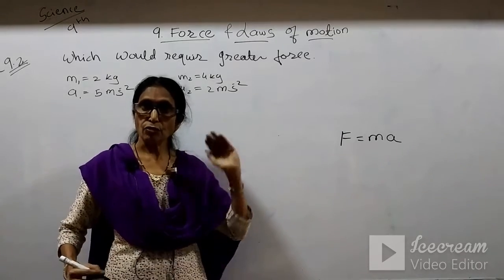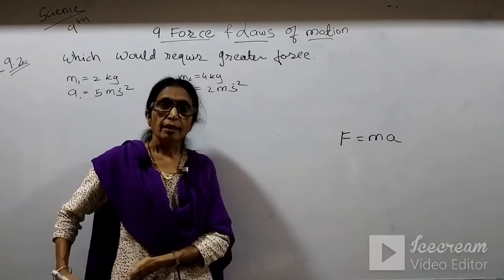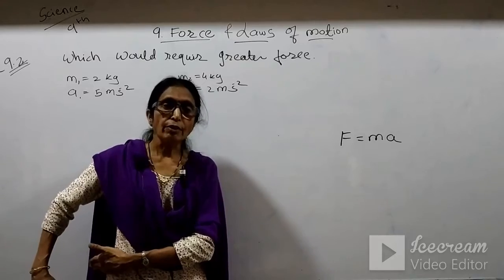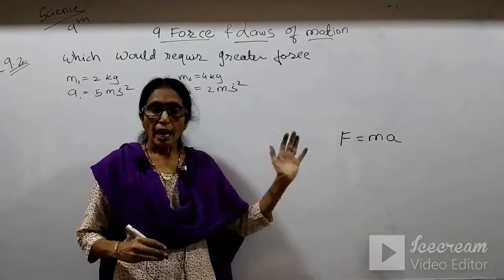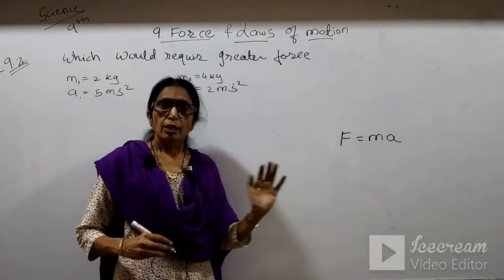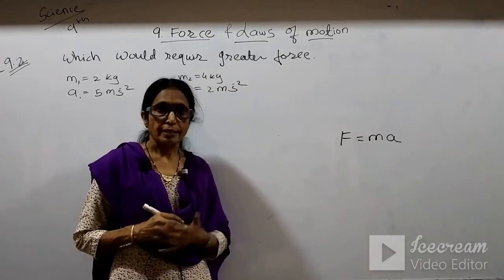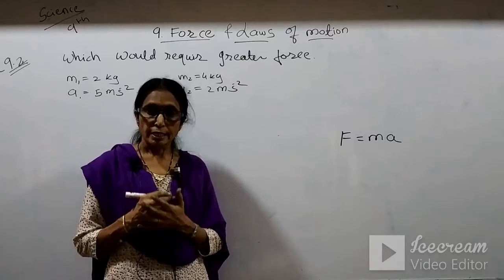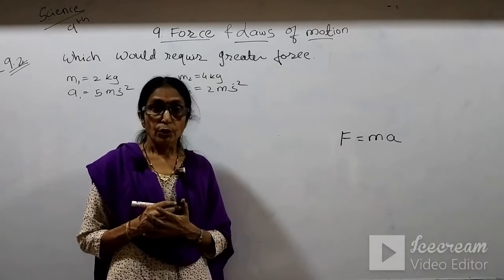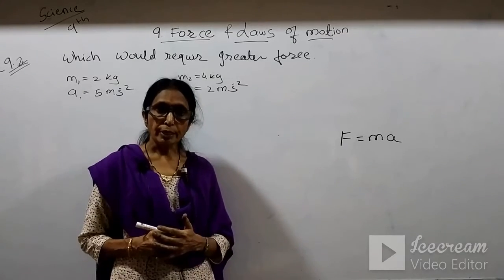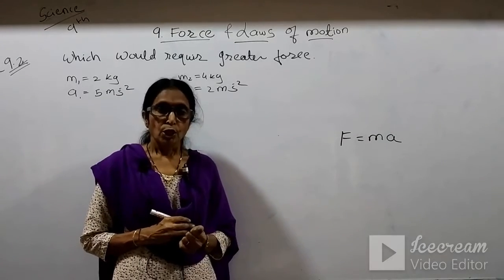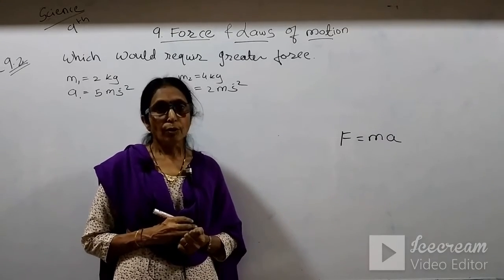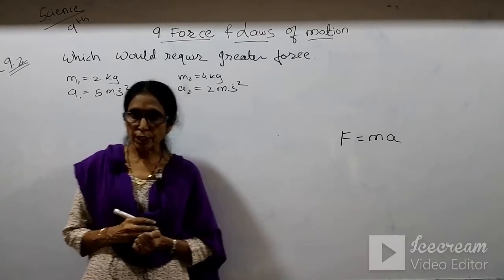So the rate of change of momentum decreases when he withdraws his hand on the back side. So here we can say F is equal to ma. There are so many other examples based on Newton's second law of motion. Also we have solved numericals based on Newton's second law of motion, F is equal to ma. Today we will see more examples based on it.